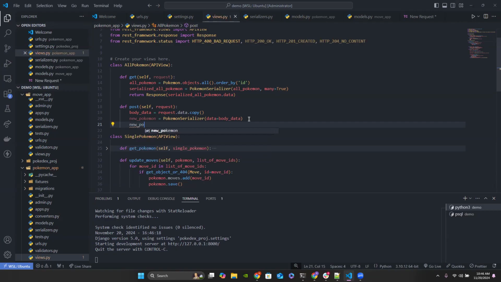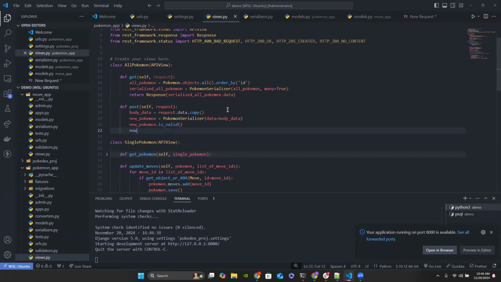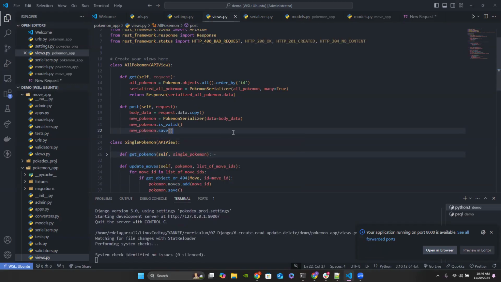So we're gonna grab that new Pokemon that we created, and we have to make sure that it is valid before we save it into our database, right? And then at some point, if it is valid, we should run new Pokemon dot save, right? So